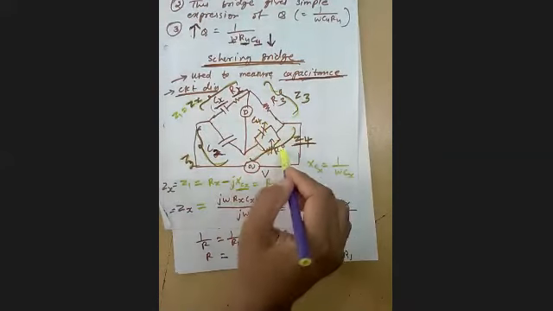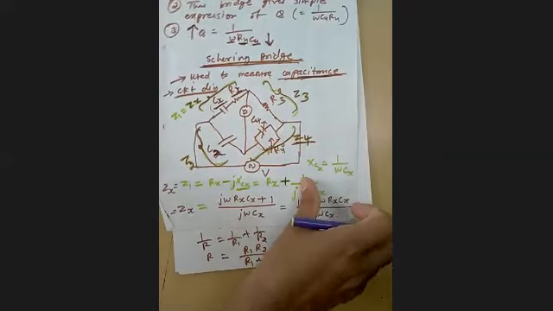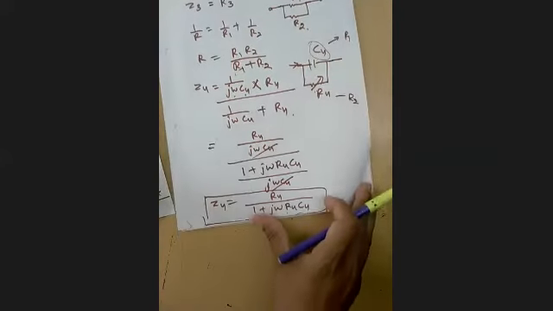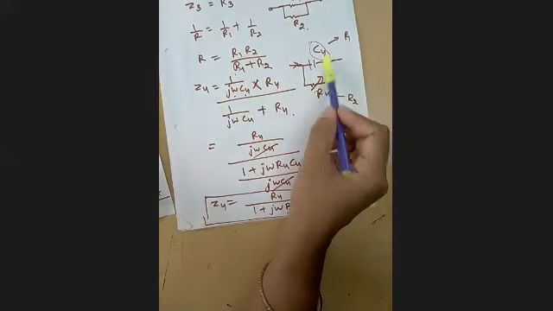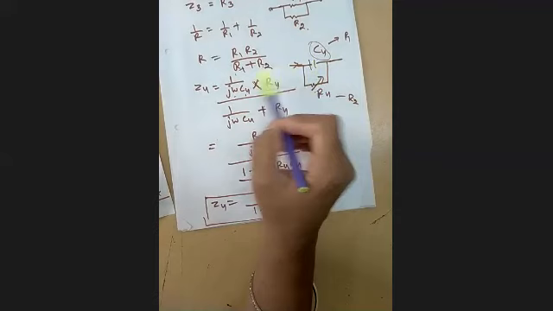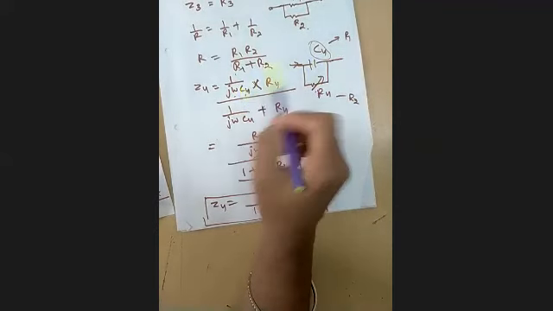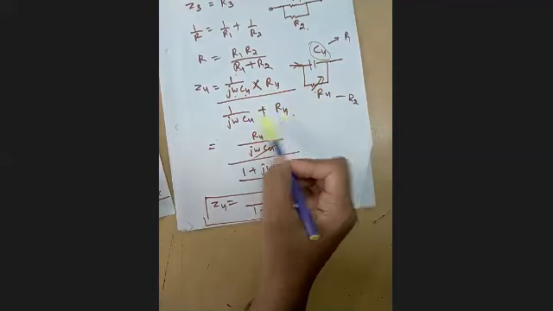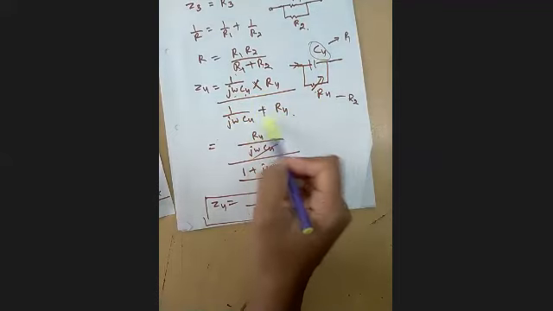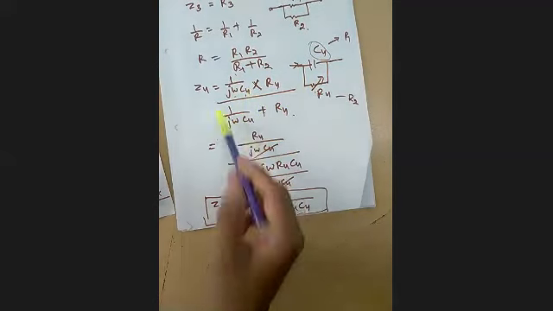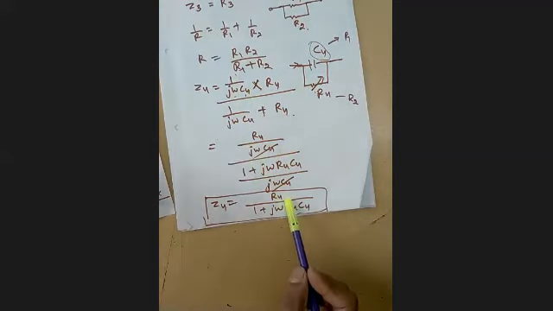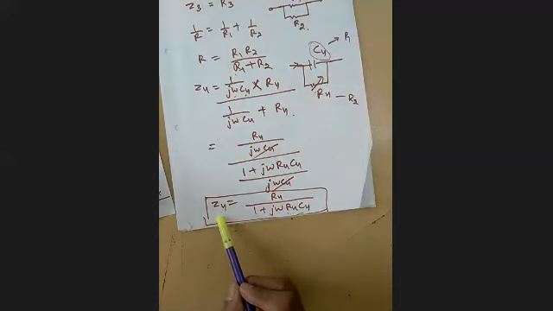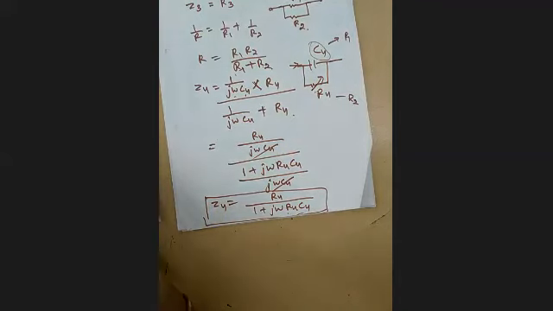Next is this parallel combination. Yesterday we have seen this parallel combination. See this one. This parallel combination I wrote here as Z4. So this is in parallel. So R4 multiplied by 1 by j omega C4, that is the reactance of this capacitor, divided by R4 plus 1 by j omega C4. If I take the LCM in the denominator, then this j omega C4 is cut down. So the value is R4 upon 1 plus j omega R4 C4. This is equal to Z4. Is it okay? Did everyone get this? Yes, ma'am.